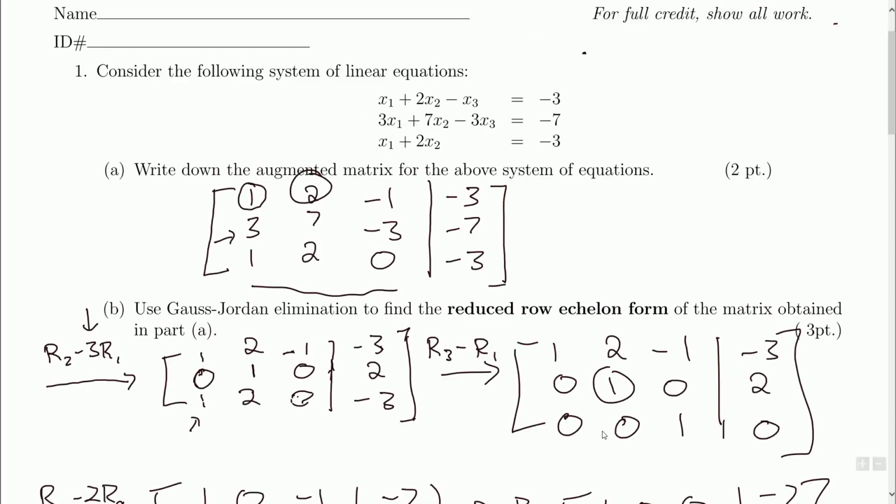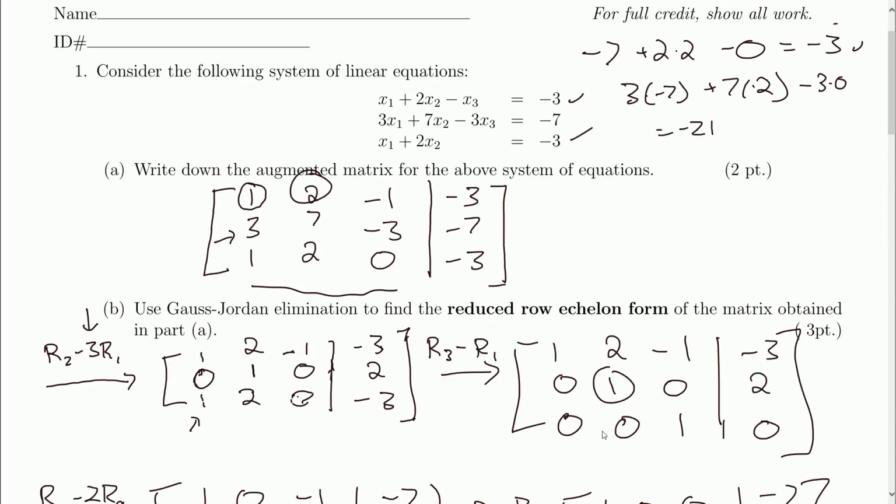So x1 is negative 7 plus 2 times 2 minus 0 is negative 3. So this equation is satisfied, so is this one. 3 times negative 7 plus 7 times 2 minus 3 times 0 is negative 21 plus 14, and that's negative 7. So, we're happy now. So that was question 1, a little longer because I made a goof, but boy, am I happy I checked,